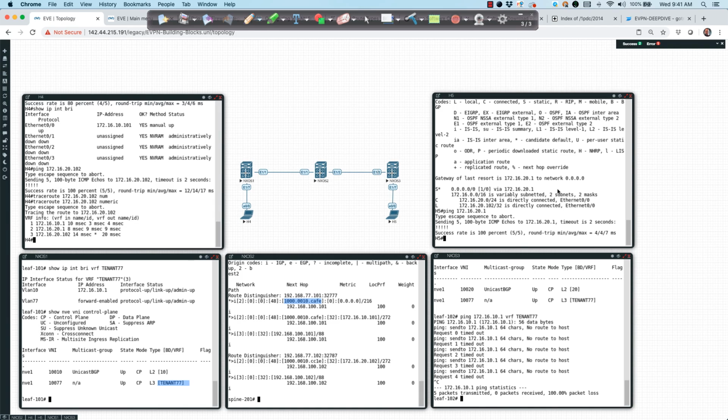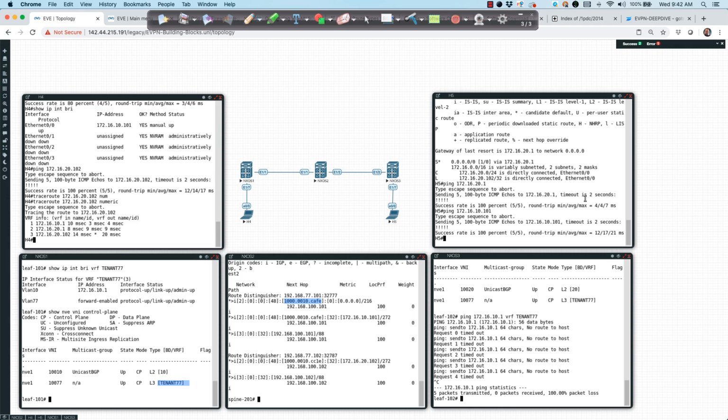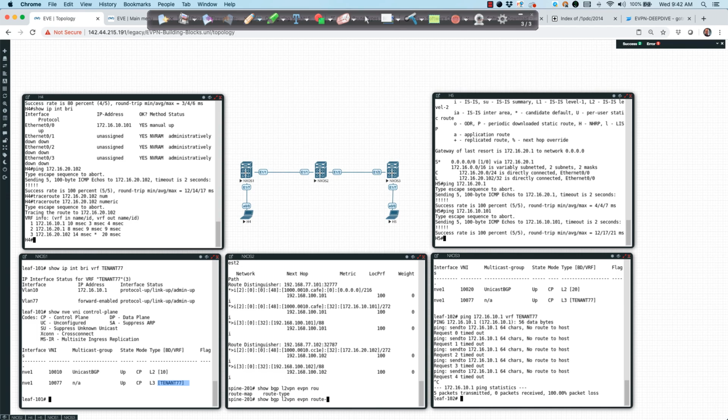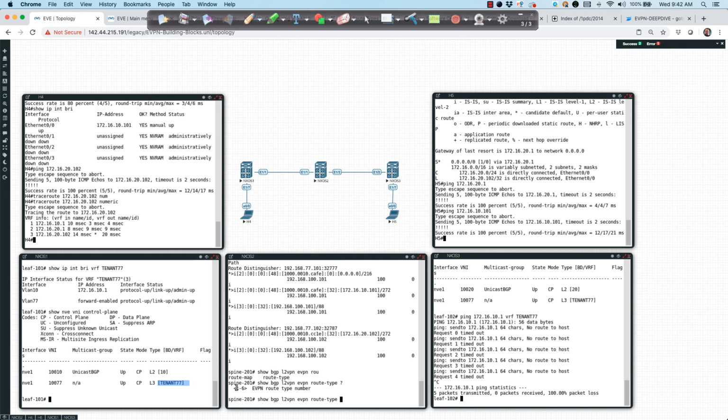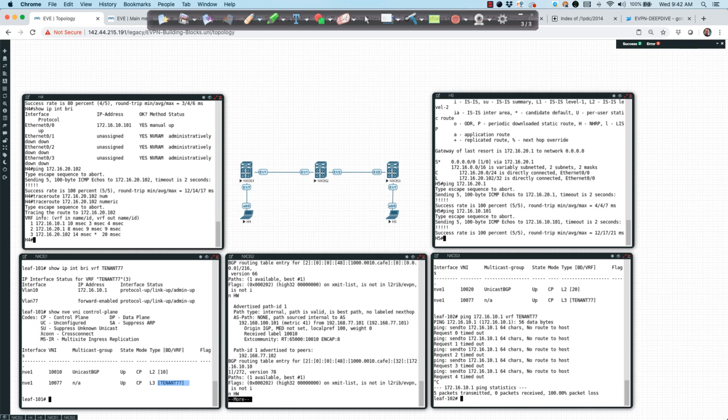So with regard to what's happening, I have the capability of being able to ping across. So I can ping to 10.101. So I'm hitting leaf to leaf, and that's what the task was. If I take a look at my table here, let's go ahead and take a look at my route type. You can see here I can go through 1 through 6. So I'm going to take a look at type 2s, which are going to be the mappings towards my MAC addresses. And we see here that I'm learning that MAC address, and that MAC address is reachable via 172.16.10.10